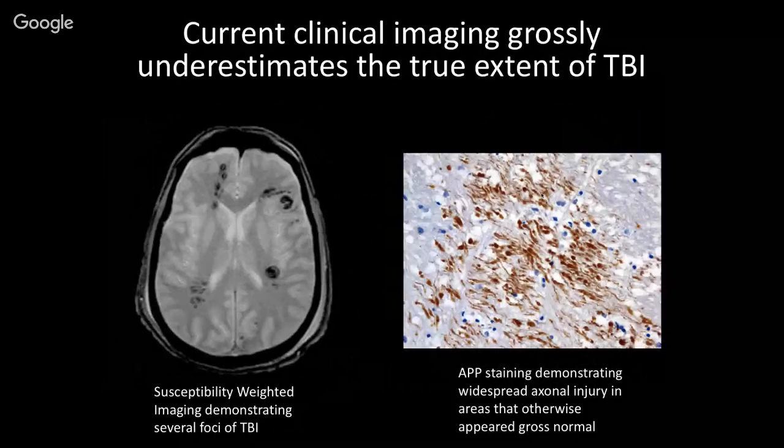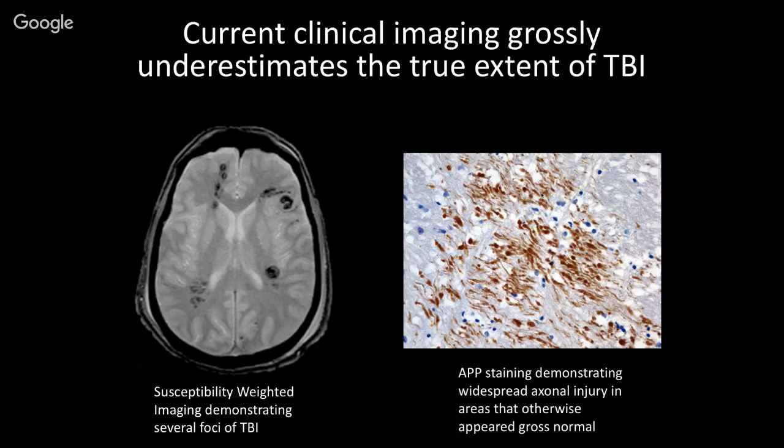Now, when we look at the most sensitive sequences that we have available in clinical neuroimaging for qualitative interpretation, and we look at the area between the lesions that we're able to actually detect, there's a whole lot that's going on under the surface. And so there are a variety of different stains that have been developed over the years that can be applied to tissues that allow us to detect injury to white matter, so axonal injury, injury to glial cells, some of the supporting cells within the brain, and neuronal injury as well.